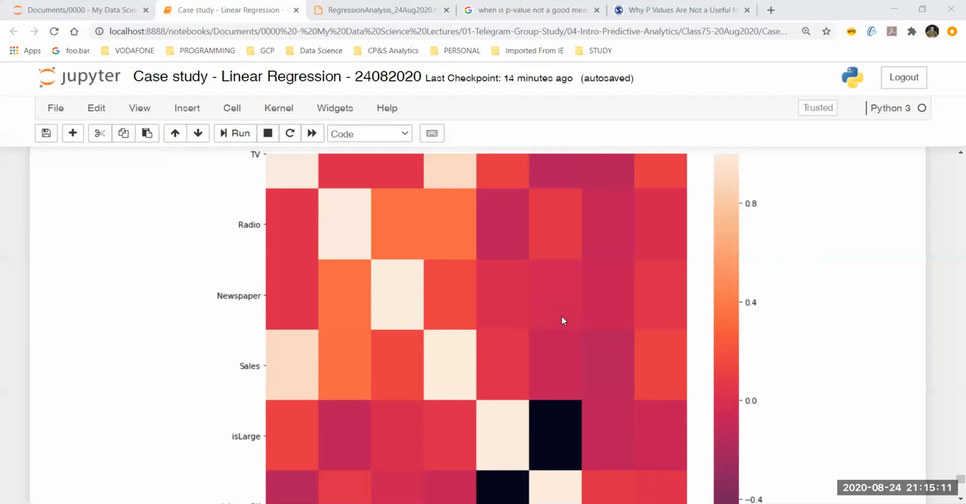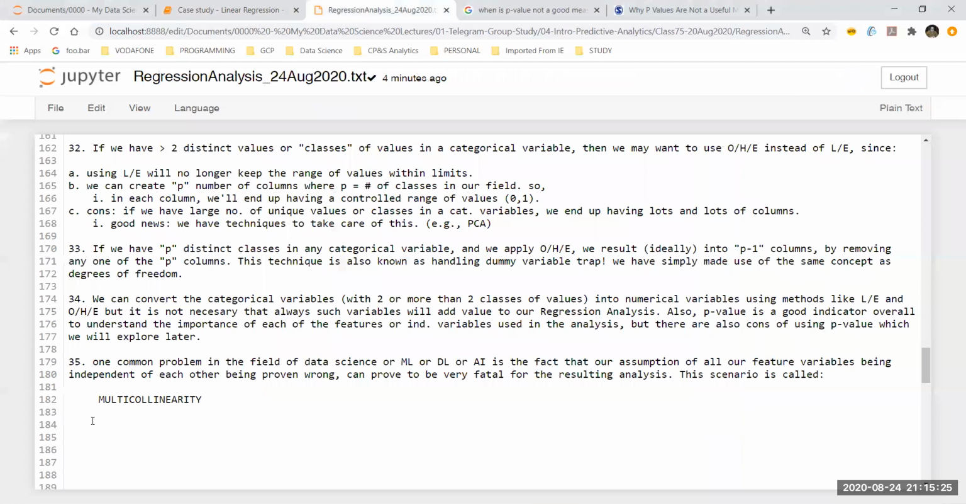Okay, so how to remedy? Remedies of multicollinearity. Okay, let's write this. Have I closed this or what? No, it's there, right? Yeah. So remedies of multicollinearity problem are,